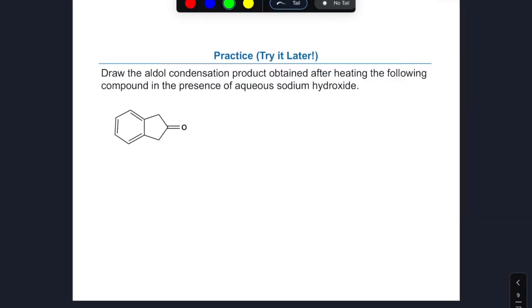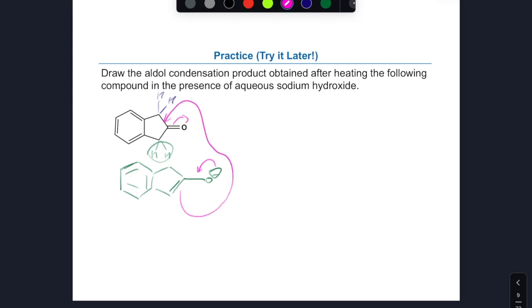Okay, for these problems, first of all, we're asked to do the aldol condensation product, heating this molecule with sodium hydroxide. So once again, it means we're using this as both the donor and the acceptor. So it's a dimerization reaction similar to what we've discussed. If we deprotonate this, and again, we've got 2 protons or 2 alpha centers. Let's say we went from the green center originally, we would make this enolate, then enolate can now add to another molecule like this to give us